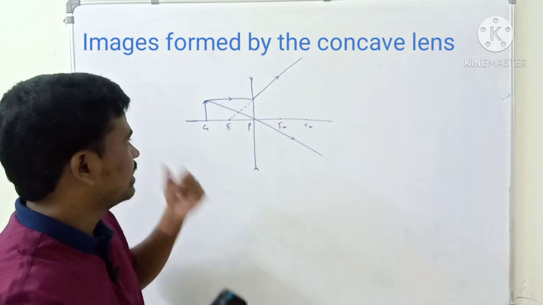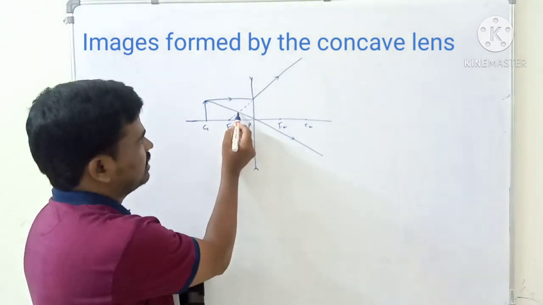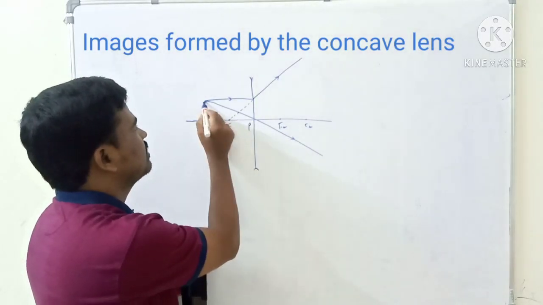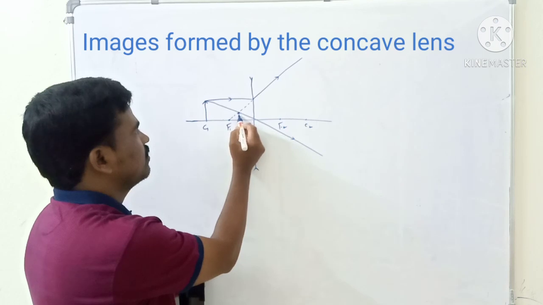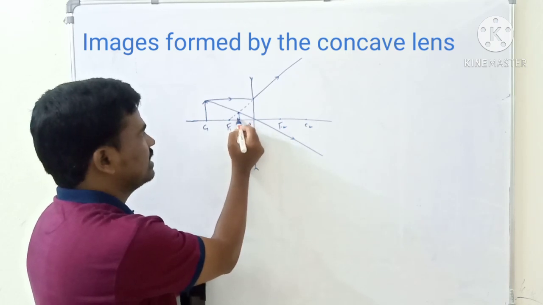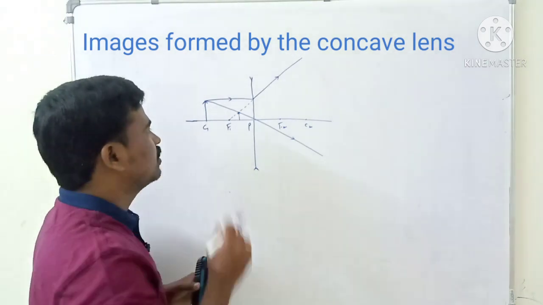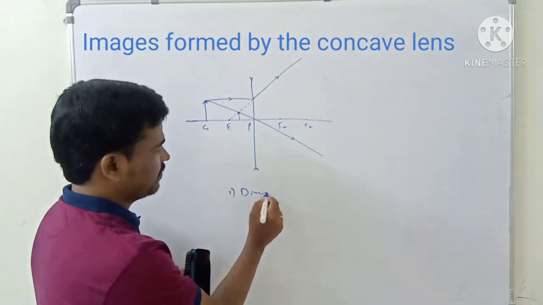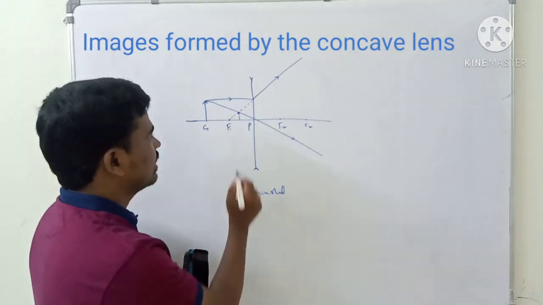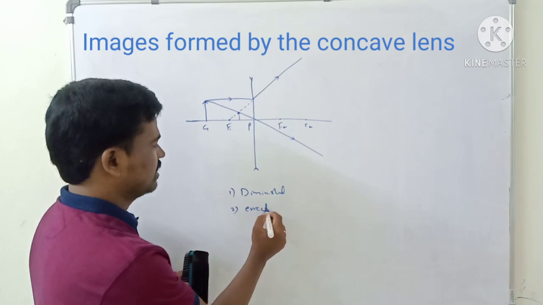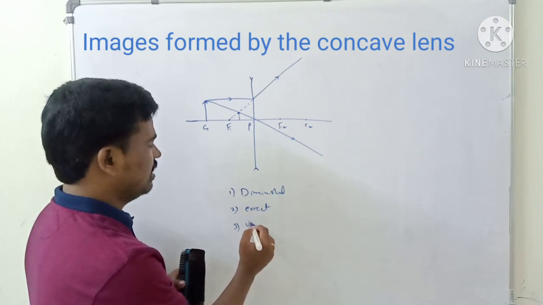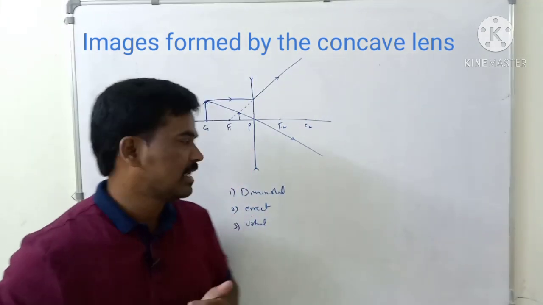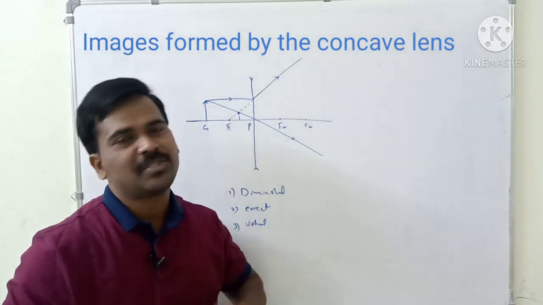So let us come to the backward side. You see here the lines intersect. That's why the image of this head is found here. So we have to draw a normal to the principal axis. This is the size of the image. So we found this type of image. What is this image? This is a diminished image, and it is an erect image, and it is a virtual image. So the properties of the image are diminished, erect and virtual.